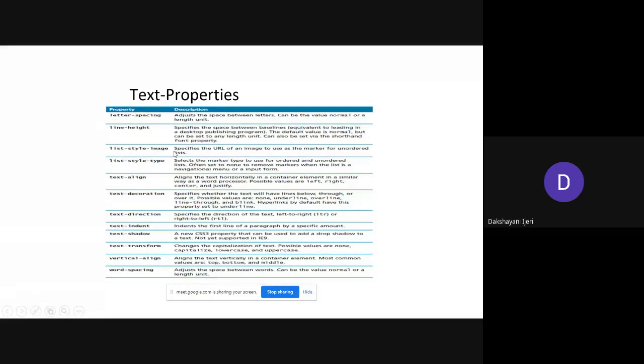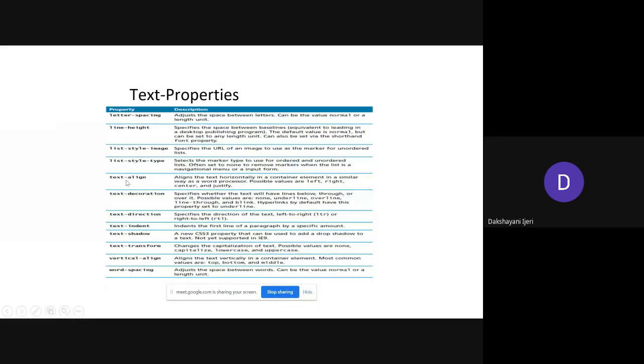If you want to take an image as a listing property, then you can use the list style image. You might have observed when you have worked with lists, when you have used the unordered list, by default the browser has given you bullets for creating the list, and if you have used the ordered list, only numeric values have been given for creating the list, isn't it? So if you want to change these default settings, you can use the list style type, where you can give different values. What values you can use for these properties, I'll explain once I discuss the programs.